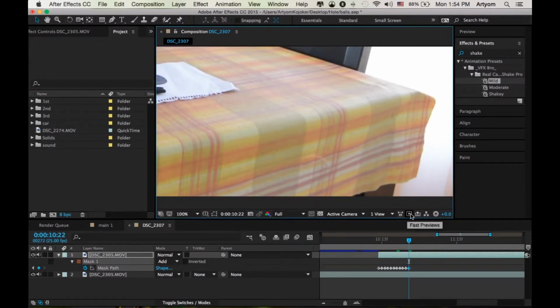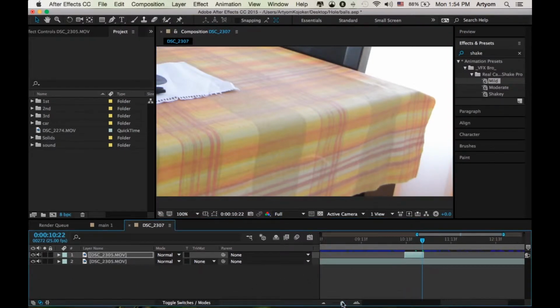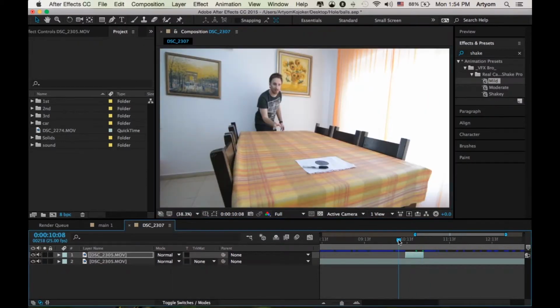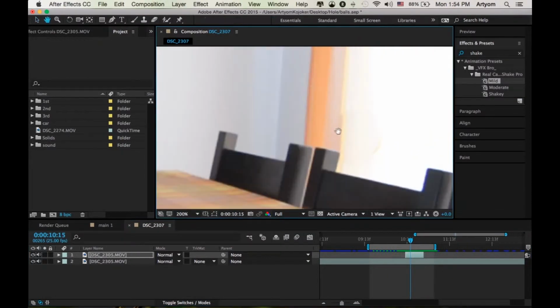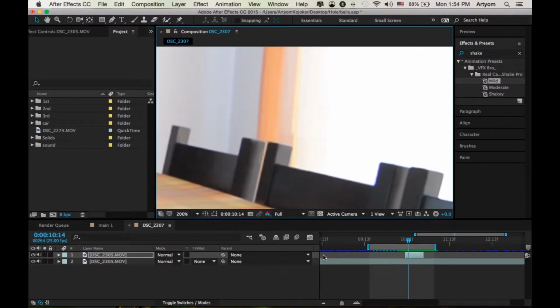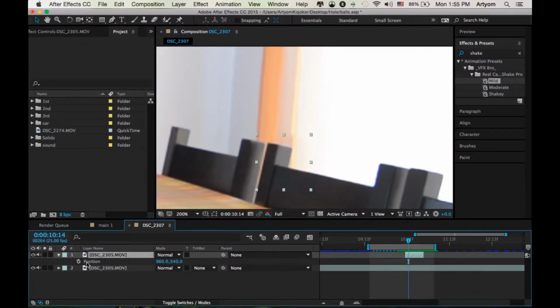Alright, after you're done masking it, just trim this shot, and let's see what we've got. As you can see, we have a little bit of a problem here, but no worries, we're gonna fix this. As you can see, this line is getting a little bit offset from this line, so the easiest and fastest way to fix this is just click position, move one frame